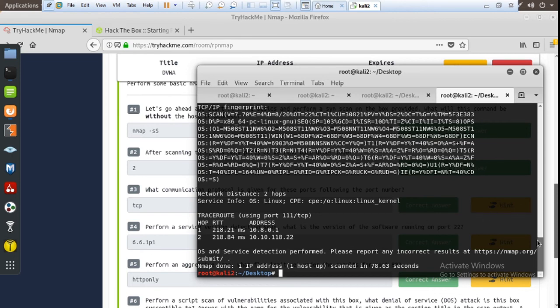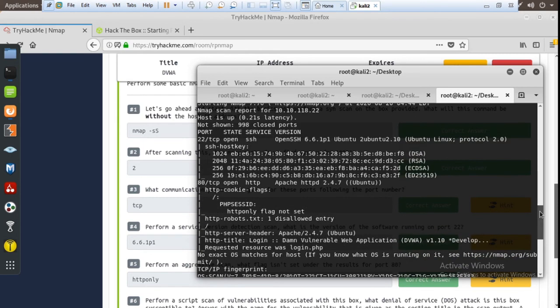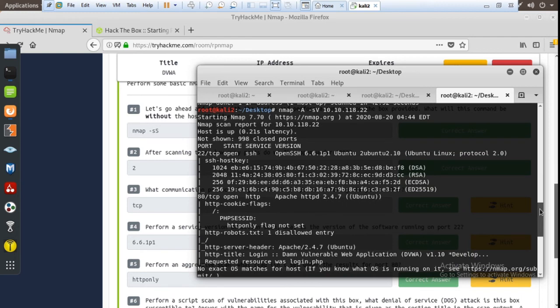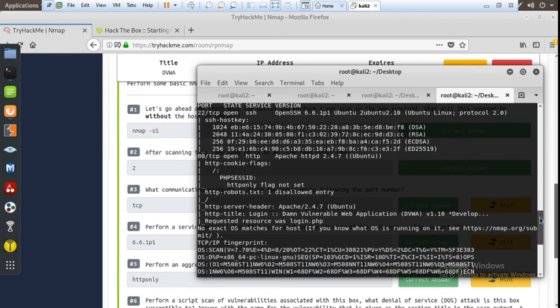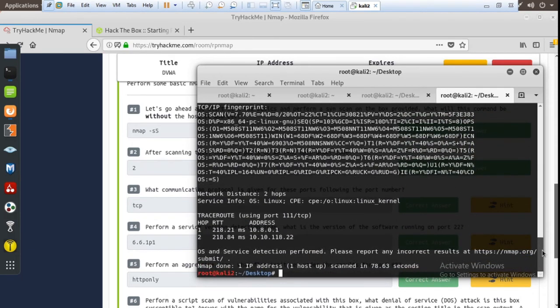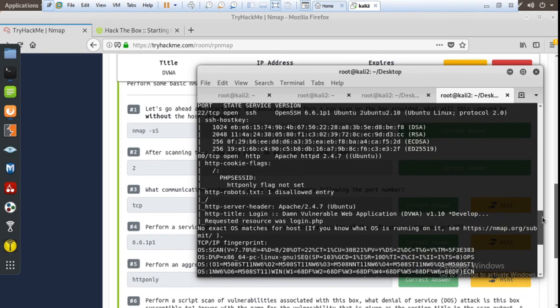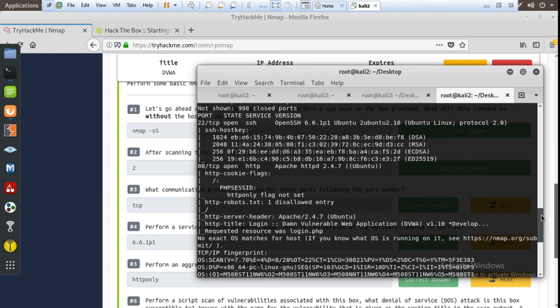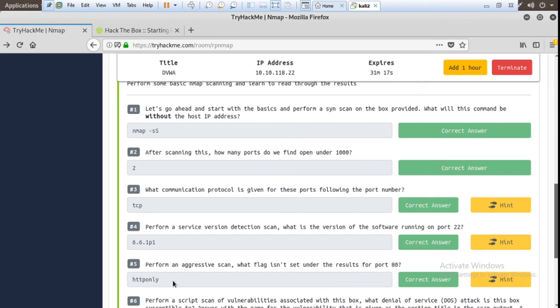Yes guys, check here. Here the HttpOnly flag is not set. So the answer is HttpOnly.